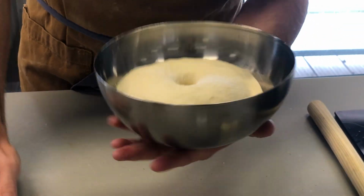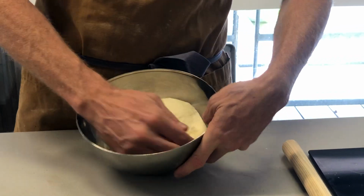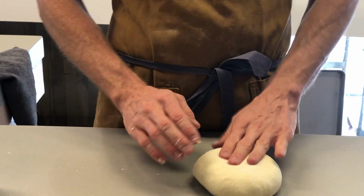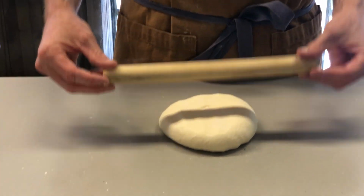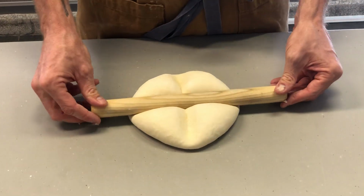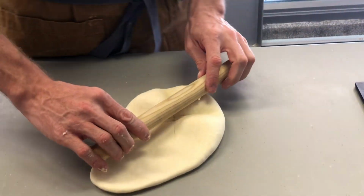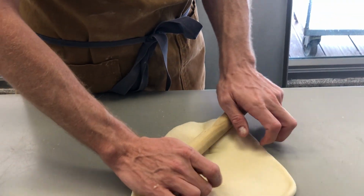Typically in a warm environment, it takes about 45 minutes to 1 hour before you can go ahead and do the next steps. So what we're gonna do now is take the dough out of the bowl. I'm just gonna remove it by pulling it out, placing it onto the table. Then I'm going to deflate it by taking my rolling pin and pressing across into the dough, something like this. Once I have my cross, I'm gonna roll it towards the corners to make a square shape dough,